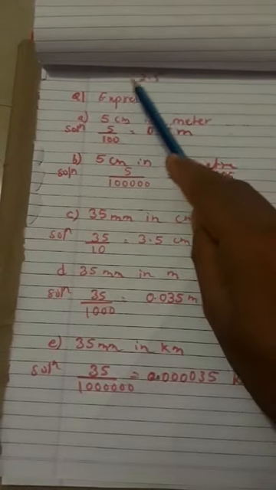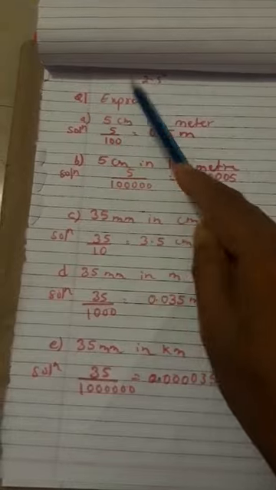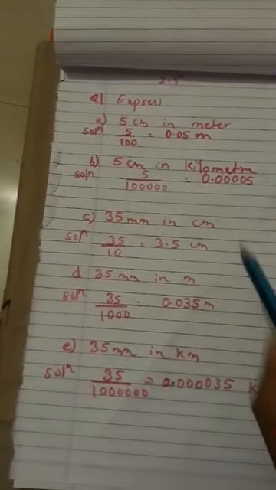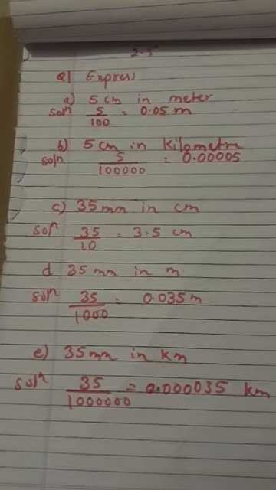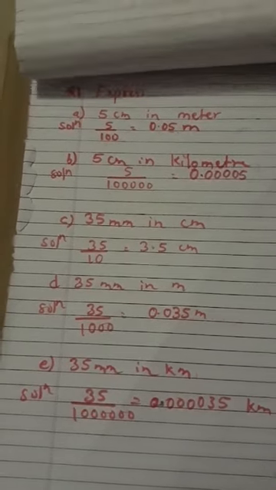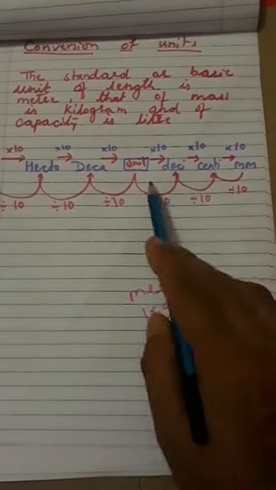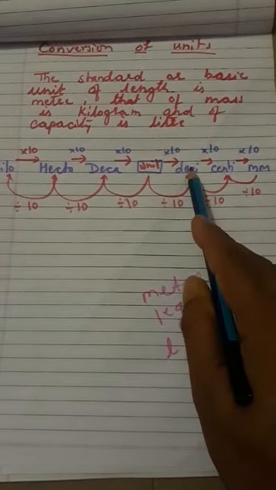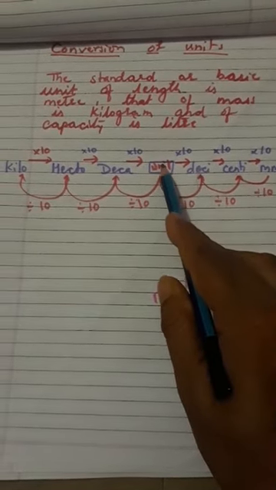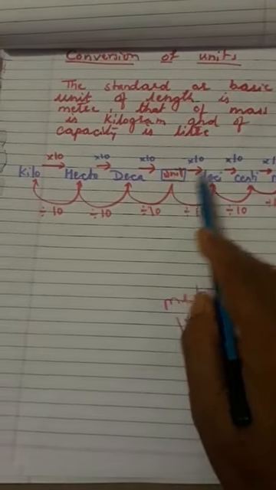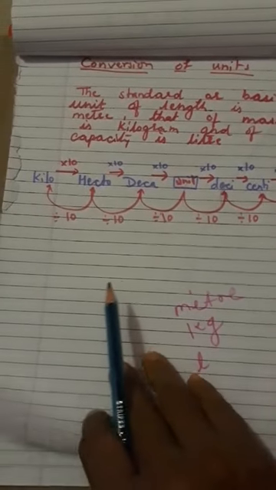Students, let's go with exercise 2.5. Question number 1. Amongst 2.5, I have taken one part. Express 5 centimeter in meter. So what are we doing? We are converting 5 centimeter into meter. Now for this purpose, let's go with the chart. Where is centimeter? Here. To meters. So how many jumps are we going? 1 jump, and from here, second jump. So how many jumps have we taken? 2 jumps. So meter will come here. So 2 jumps means 2 zeros.